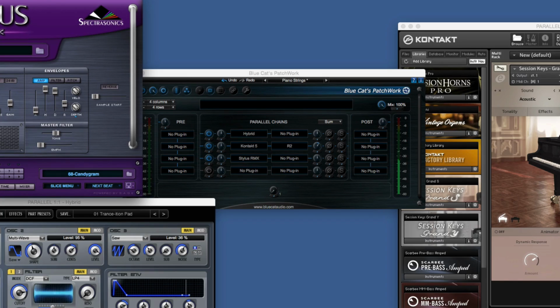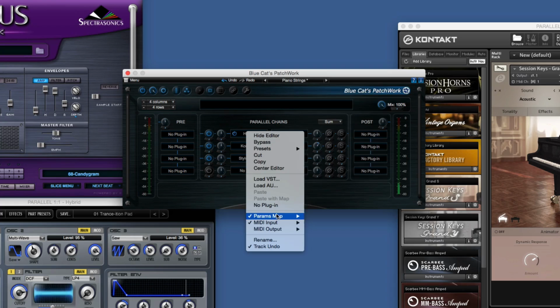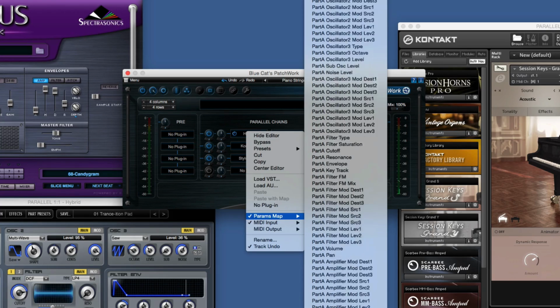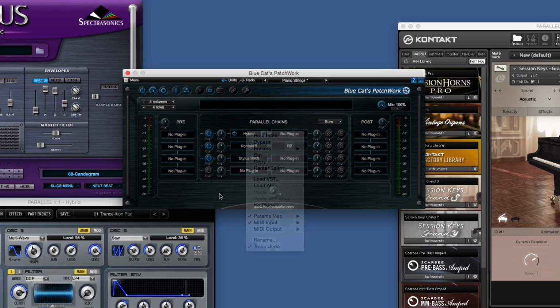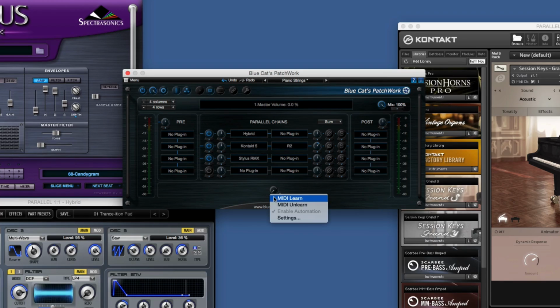Now what I've also done is I've mapped Hybrid's volume to my modulation wheel, and I've done that down here. You can see this here. I've mapped a MIDI part. So if you just come here and you go parameter map, it'll give you a list of all the parameters in that, and I've gone all the way to the bottom, master volume control 1, and then this has appeared, and then I just go here and do MIDI learn or MIDI unlearn. And now, as you can see, if I move my modulation wheel, this is now moving, which means now if I play,